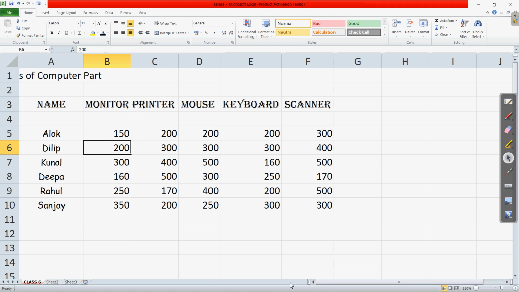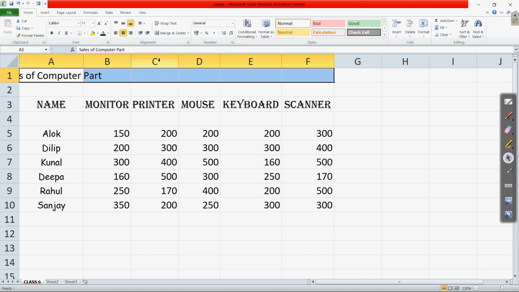Here you can see that right now this data is appearing only in the first cell. What is required is that this data should appear centered across all of the columns where this table is created. So we have to select the cells where we want it centered. I have selected from column A to F. Clear? So these cells are selected.